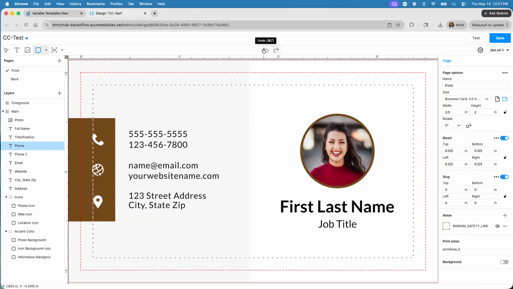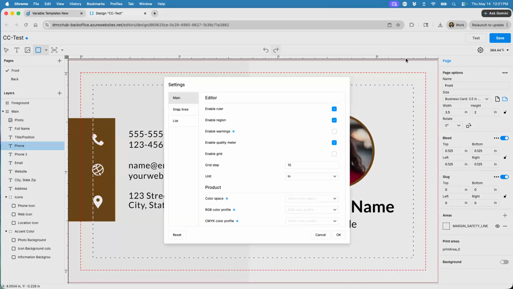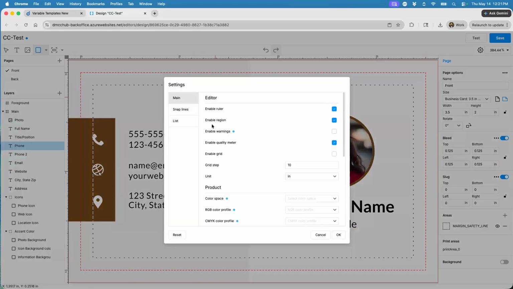Going across the top, you have an undo and a redo. So same options, Command Z and then redo, those options are available. You can hit test or save here to see what this is going to look like to the client. There's a settings gear available for the editor if you want to make any adjustments to what you're viewing, and